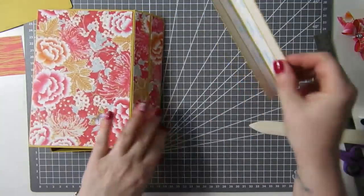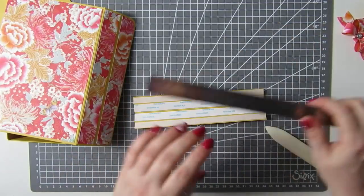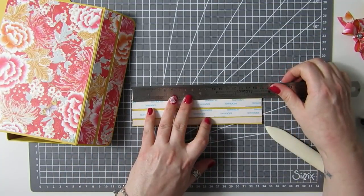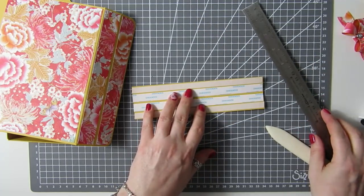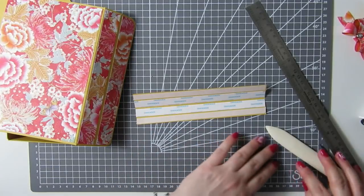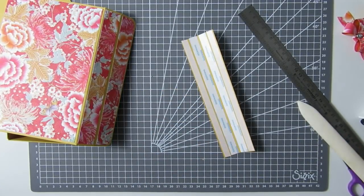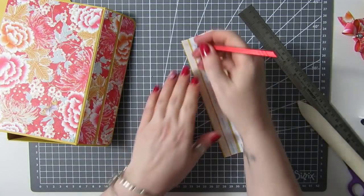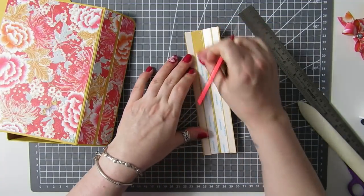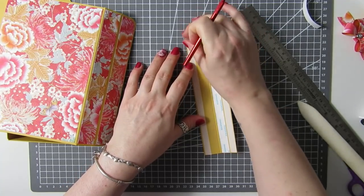Alright, so I have cut this piece to 2 inches by 7.5, and I have scored it on the short side at 1 inch, okay, and then I have just put tape on, so I'm just going to remove one side of the tape,